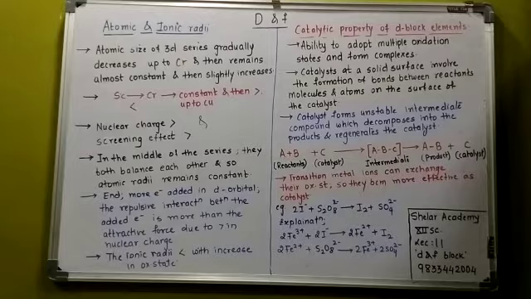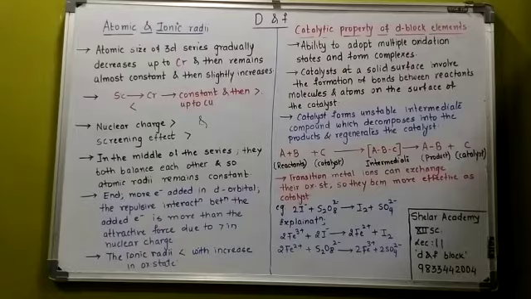The transition elements and their compounds are very well known for catalytic activity, right? Why is this activity there? It is because they adopt multiple oxidation states. Like vanadium oxide, it is used in the contact process. Iron is used in the Haber's process. Raney nickel is used in catalytic hydrogenation. So these are some of the examples where the d block elements or transition metals are used as the catalyst.